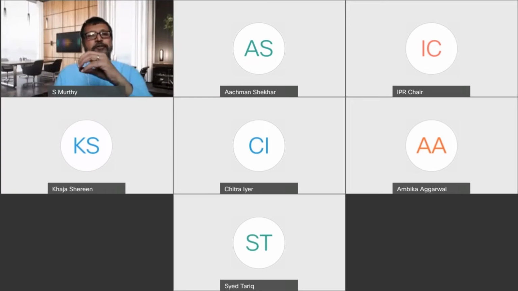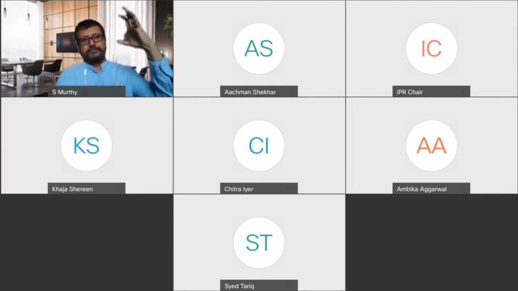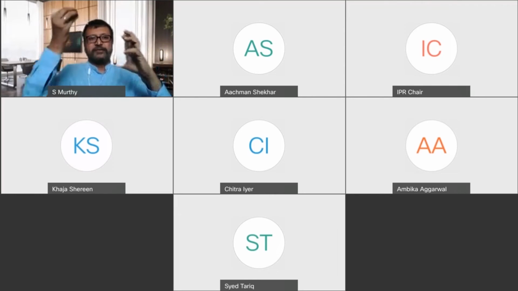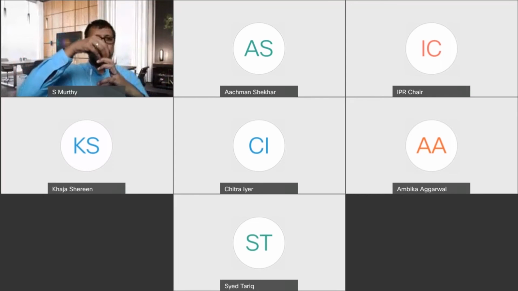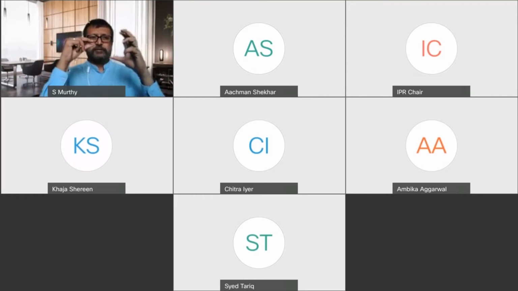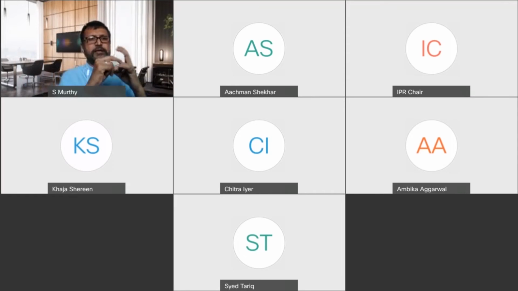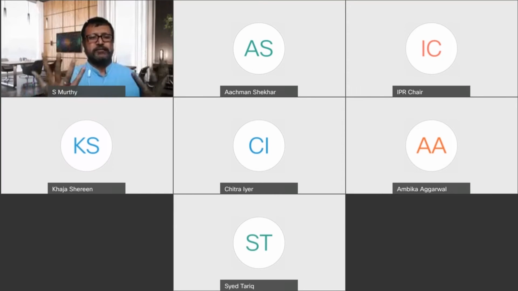But if your licensing royalties are ballooned up just because your technology is included into a standard, then that is unreasonable according to some, right? What happens if I say the intrinsic value of my patent is X, and I have included it into a standard, and just because of that it becomes X plus Y plus Z, then you are getting double